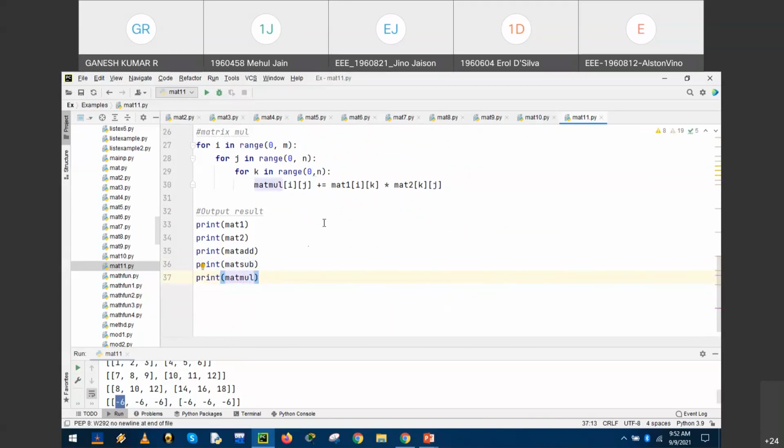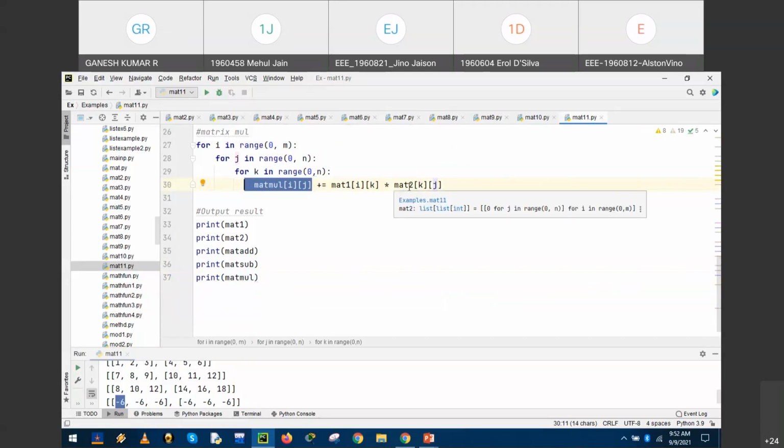Because every row is checked with the column. We are accessing the column independently. So we add another control variable k. Matrix multiplication of i comma j, this is the resultant, plus is equal to, which is initialized earlier to 0 and added with every multiplication part.